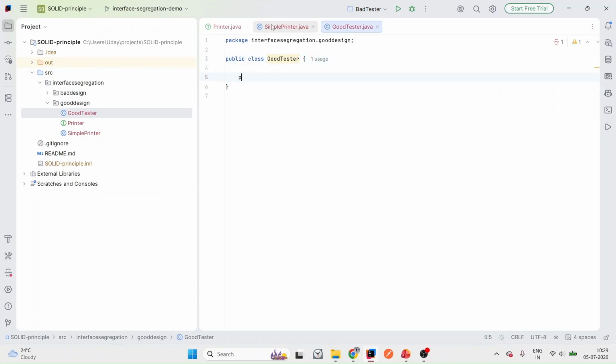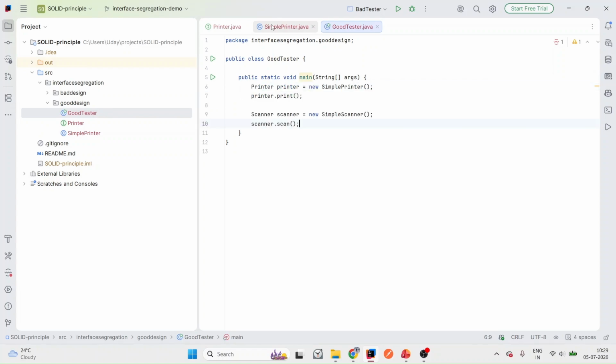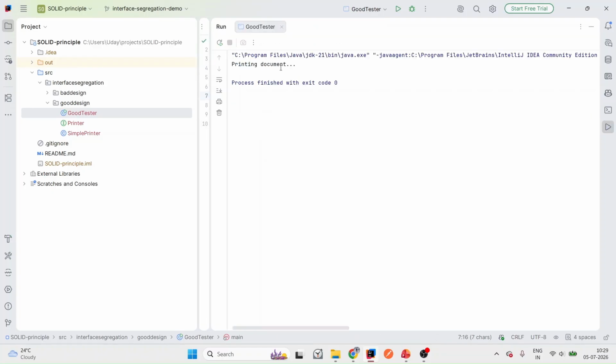All right, let me create public static void main, and let me create, okay, you want now scanner. Yeah, so this is good. So you can see simple printer dot print. So if I run this, all right,